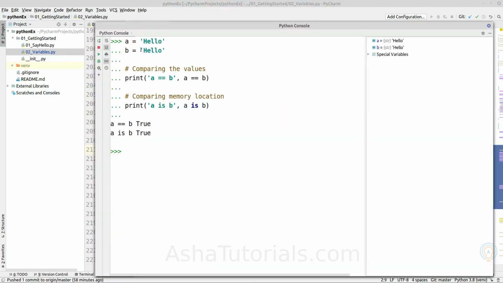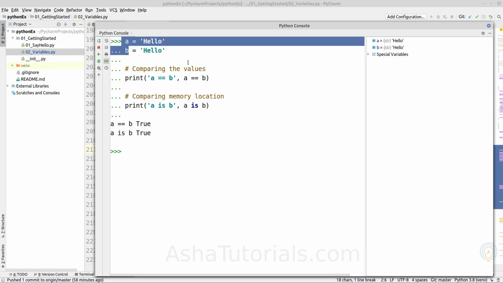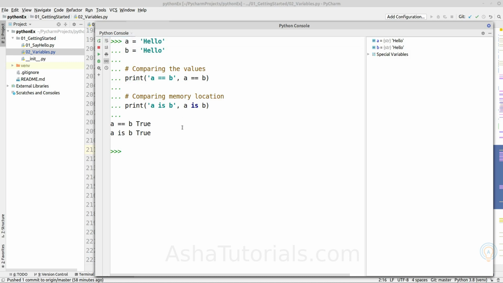As string is an immutable data type object, when assigning the same object to variable b, it will return the same memory address of object hello. So when executing a is b, it will return true because both variables are pointing to the same object inside the memory.